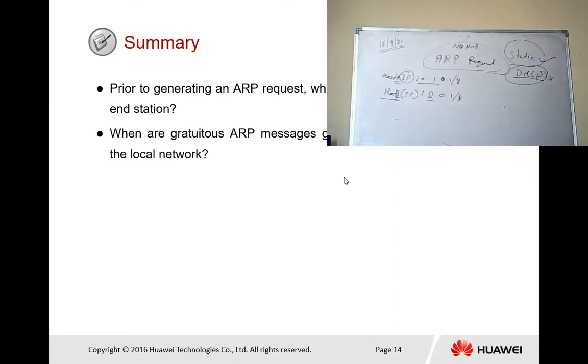Now I am going to start our next topic, that is the transport layer.